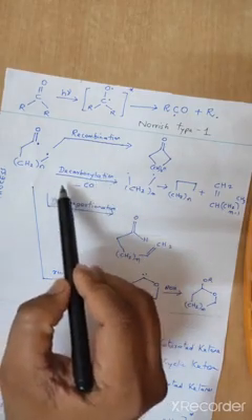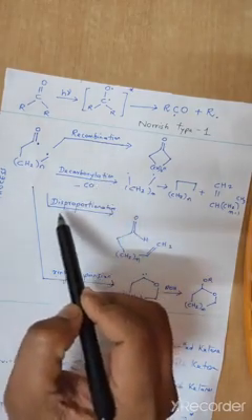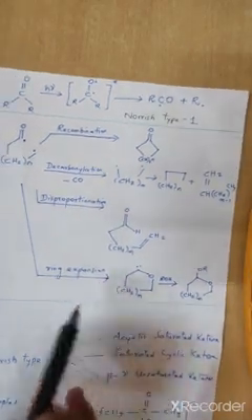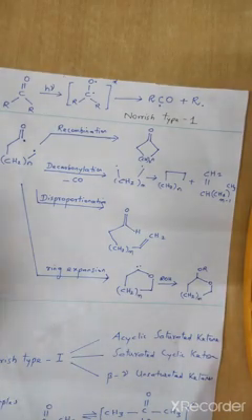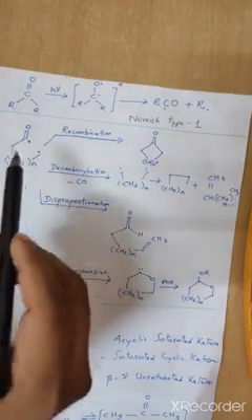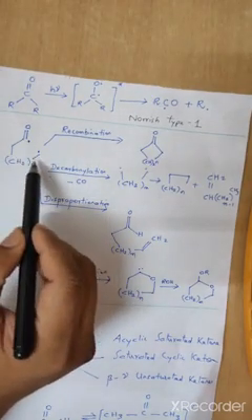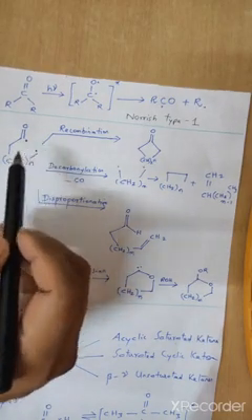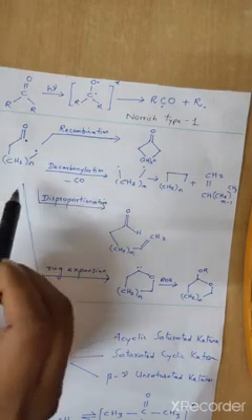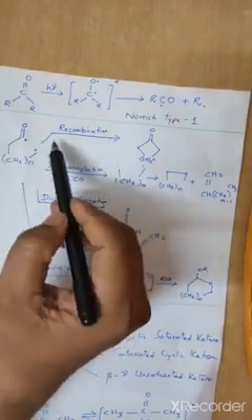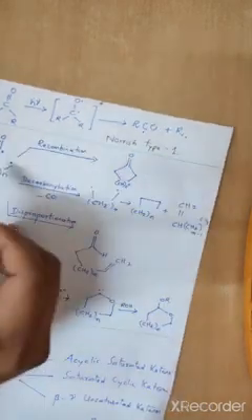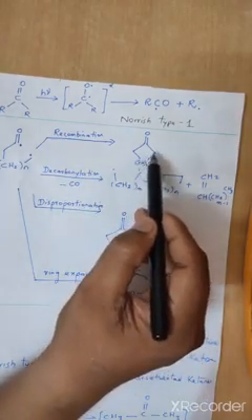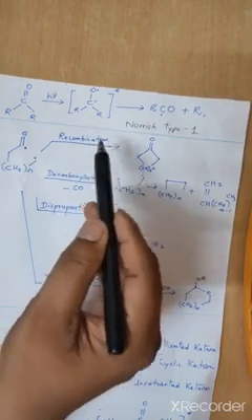In the secondary process, there are recombination, decarbonylation, disproportionation, and the fourth one is ring expansion. In any carbonyl group, this biradical is formed. It is a cyclic ketone, and a biradical is formed. Now what can happen? The further process: recombination, formation of the bond. Again the same molecule may be formed. So we call it recombination.